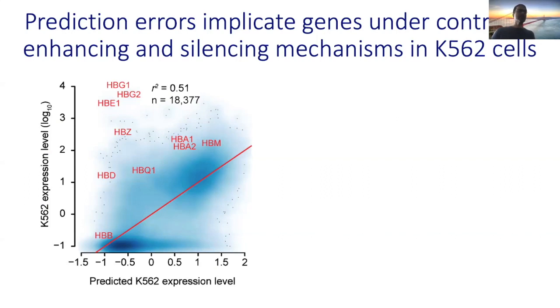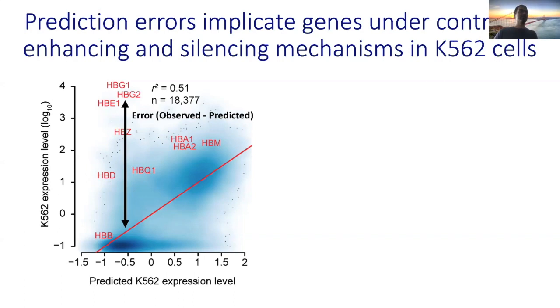Why this is a particularly interesting finding is that in the 1980s, when enhancers were first articulated and discovered, these were some of the first loci in the human genome discovered to be very highly activated by strong enhancers. And so I wanted to try to exploit that information by explicitly looking at the errors of my